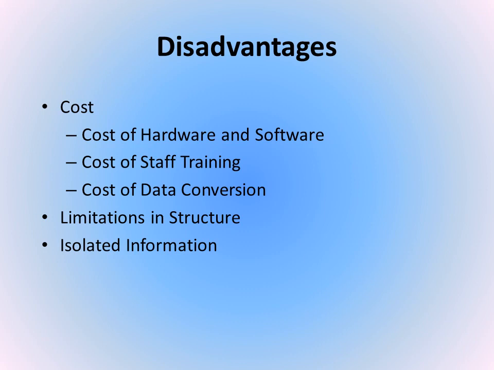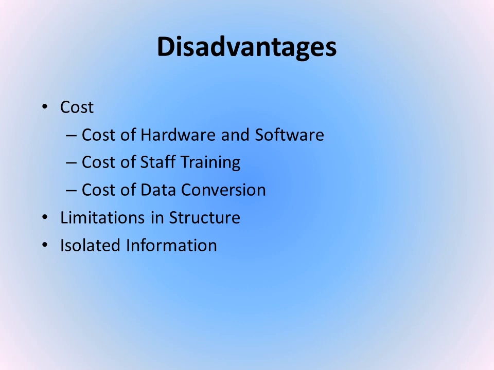Next, limitation in structure. What does this mean? Many relational database systems impose or set a limit on the length of the data field. So if you enter more information into a field than it can accommodate, then the information will be lost. For example, suppose the maximum size for character data type is 2000 bytes. If a user wants to enter more than 2000 bytes for that field, then the data cannot be stored in that field.